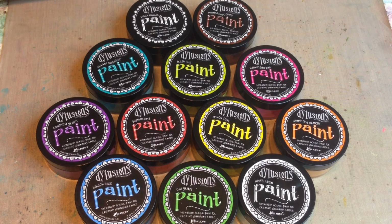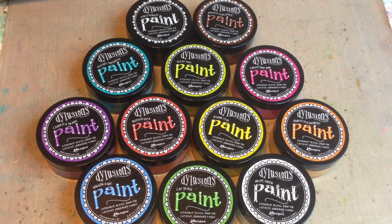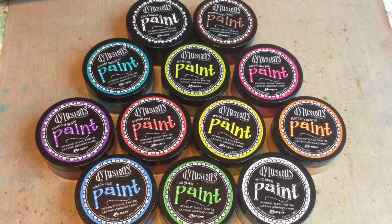Ranger Ink and Dyan Reaveley's brand new Dylusions paints. These are super awesome, and if you're already familiar with Dyan's sprays, you'll be happy to know that you can get those same colors now in a paint medium, which is really awesome. They work great well together. You can blend them, you can mix them, and we're going to go over a lot of those basics here